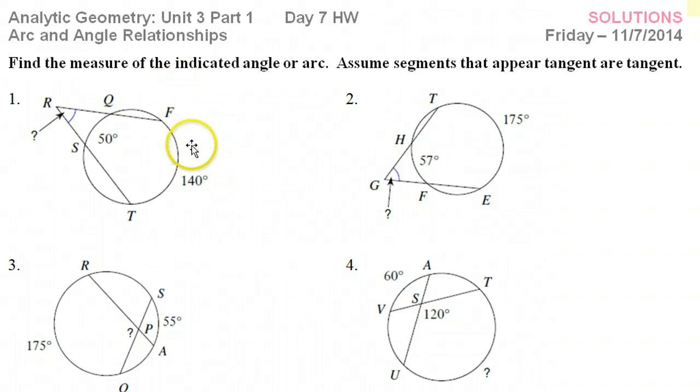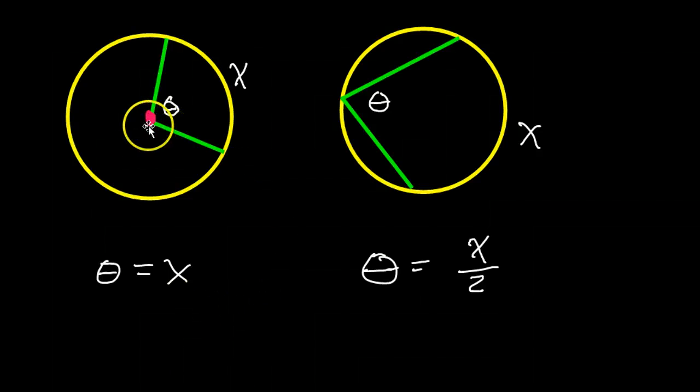Alright, this lesson is about the relationship between arcs and angles. Some of our angles will be outside of the circle like this one, some inside, and that affects the relationships between the arcs and the angles. Just a brief overview. If the angle has its vertex at the center of the circle, it's called a